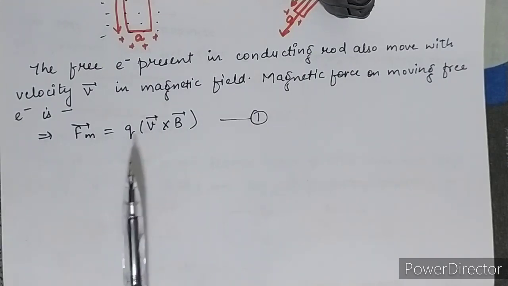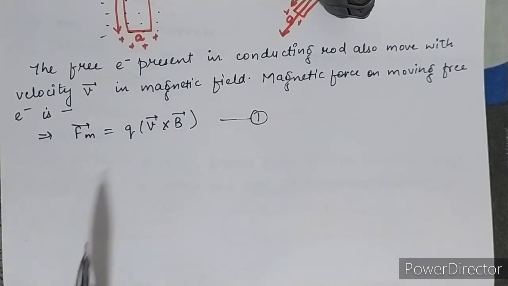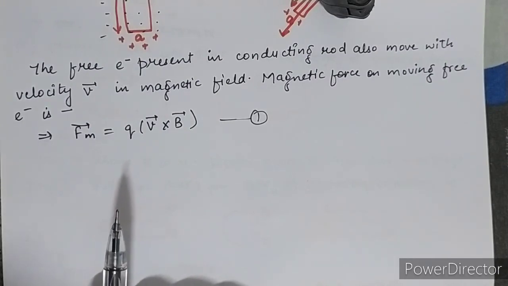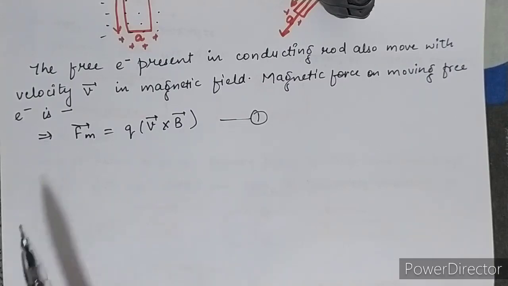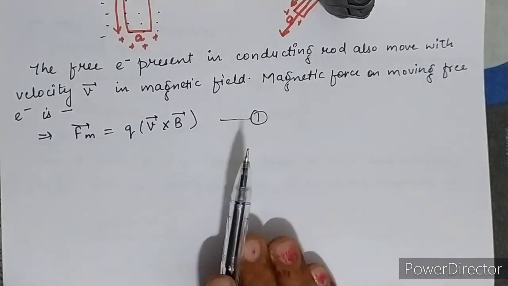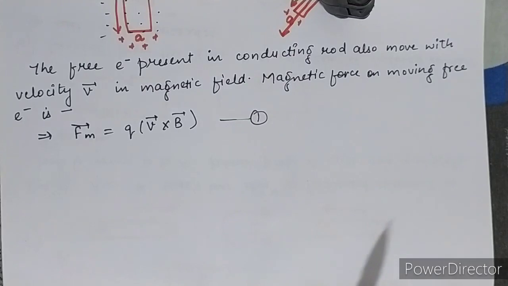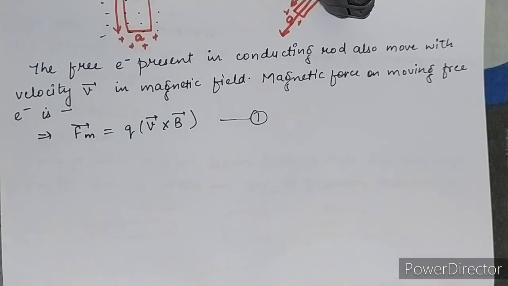Force on an electron of charge q due to the electric field, this was from the first chapter, is F equals qE. Okay, clear? So the drift process due to the motion of the conductor continues till the force on the electron due to the electric field is balanced by the force of the magnetic field. Okay, clear? So the extra thing, the excess of electrons at B and the deficiency of electrons at A, that's why it was negative and positive, I am not writing because it was completely shown in the diagram.